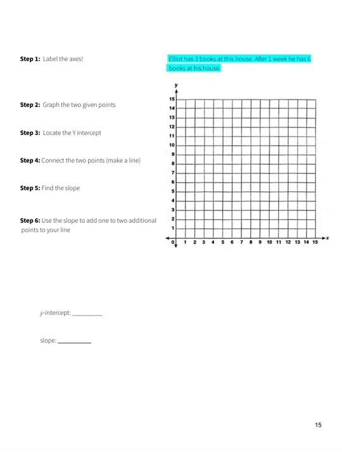Here we have one more example that I'm going to go through with you. I'll try to do this one a little bit quicker. So Elliot has 3 books at his house. After 1 week, he has 6 books at his house. So we have to label the axis. We are comparing